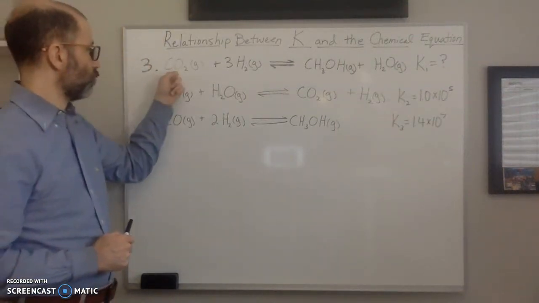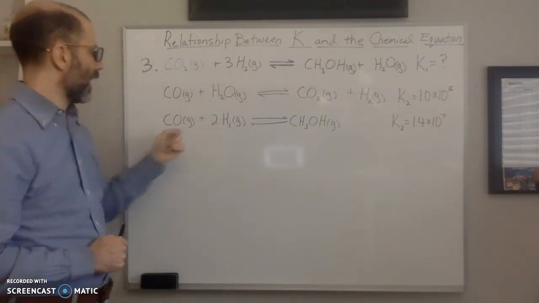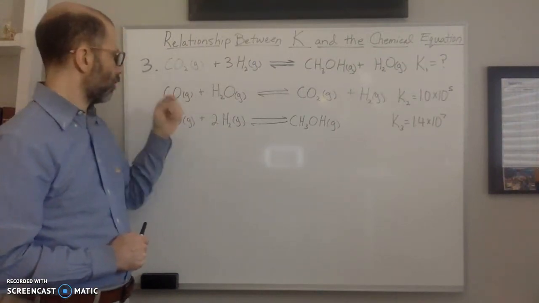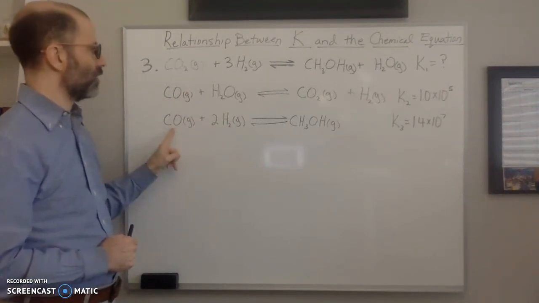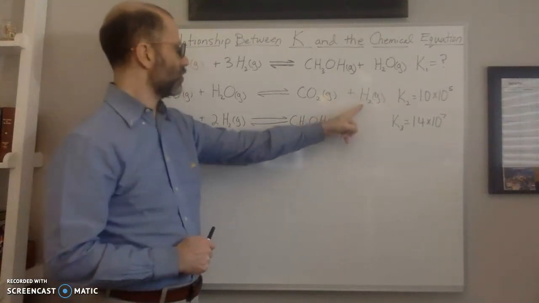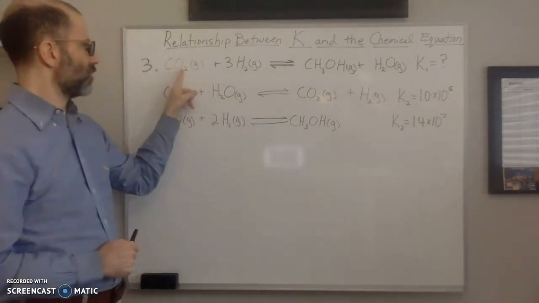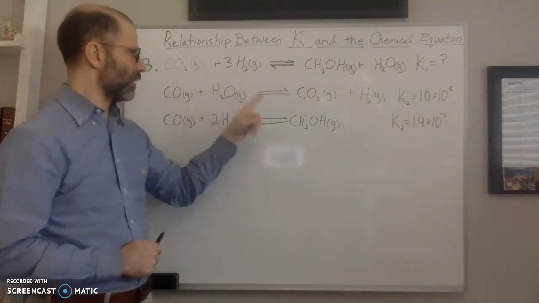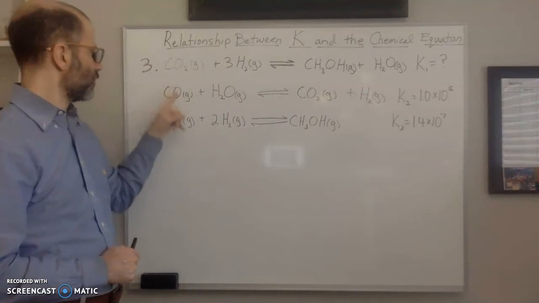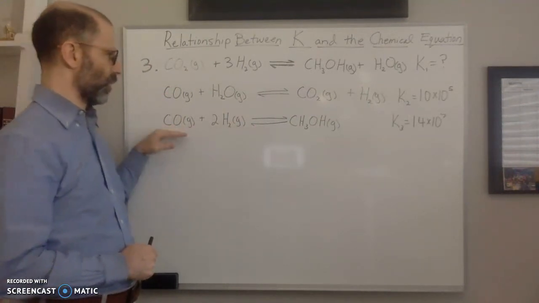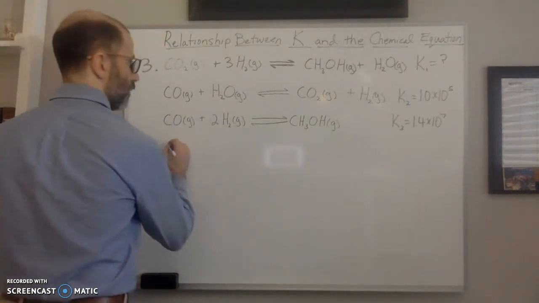So notice here I have CO2 and H2 as reactants, but I only have H2 as a reactant here, but I have this carbon monoxide here as well. Here I have H2, and here I have CO2 as well. So here, my target equation is CO2 and H2. Here I have CO2 and H2. So I don't have CO2 for this one, and I'm keeping this one the way it is. So this one I'm going to have to flip. So if I flip this, it'll be